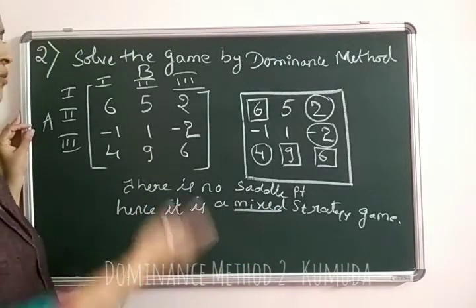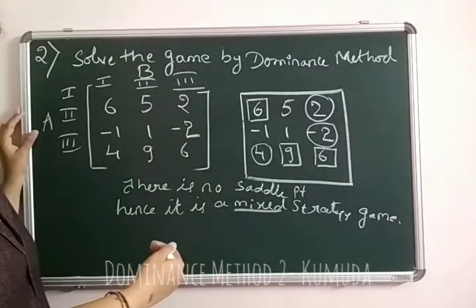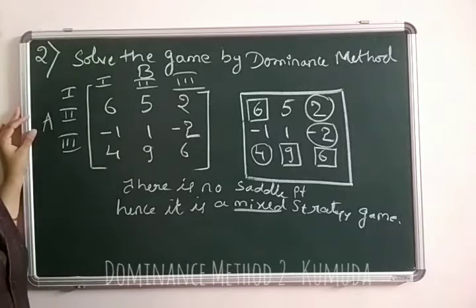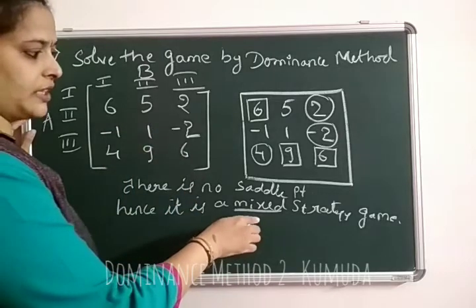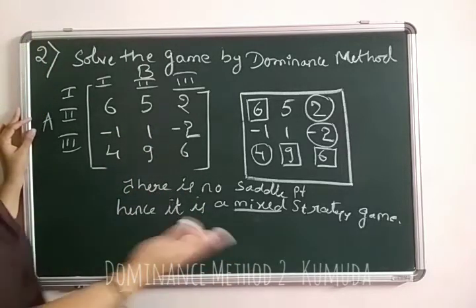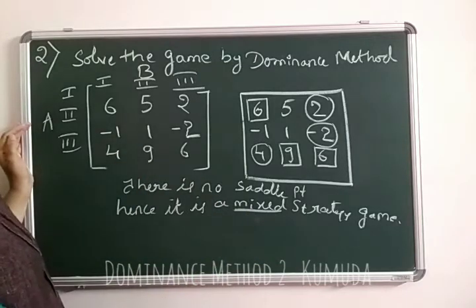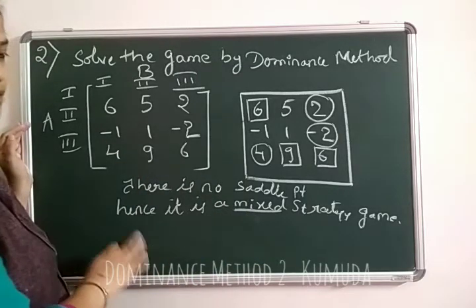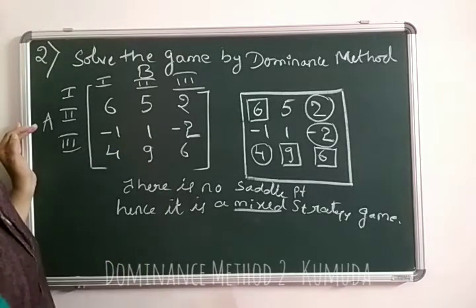In pure strategy game, the question would be a bigger one, so we try to reduce it so that we get back the actual strategies in an easy manner. So we have a mixed strategy game in this case, and step 2 we check whether it is a 2x2 matrix. No, clearly it is more than 2x2, so we cannot apply the odds method directly. So we follow the principle of dominance to reduce the given question into 2x2.